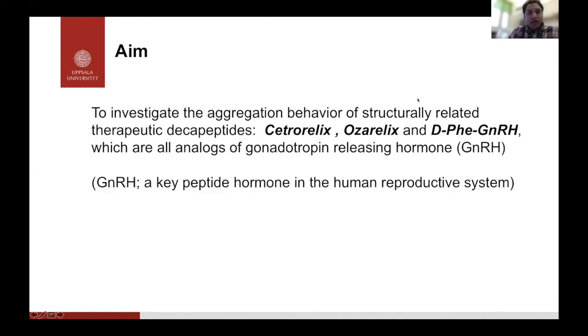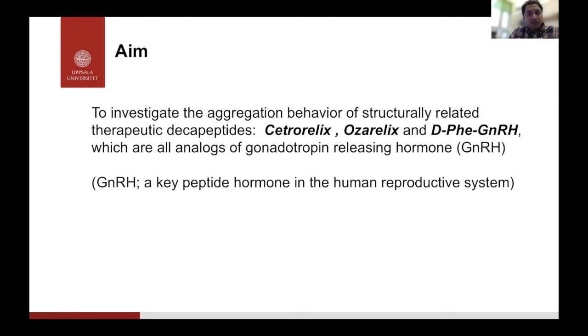So the main goal of this study was to investigate the aggregation behavior of structurally related therapeutic peptides, cetrorelix, ozorelix, and D-phenyl-GnRH, which are all analogous to gonadotropin-releasing hormone, GnRH, a key peptide hormone in the human reproductive system. Cetrorelix and ozorelix are basically GnRH antagonists. So this can induce an immediate reduction of gonadotropin levels